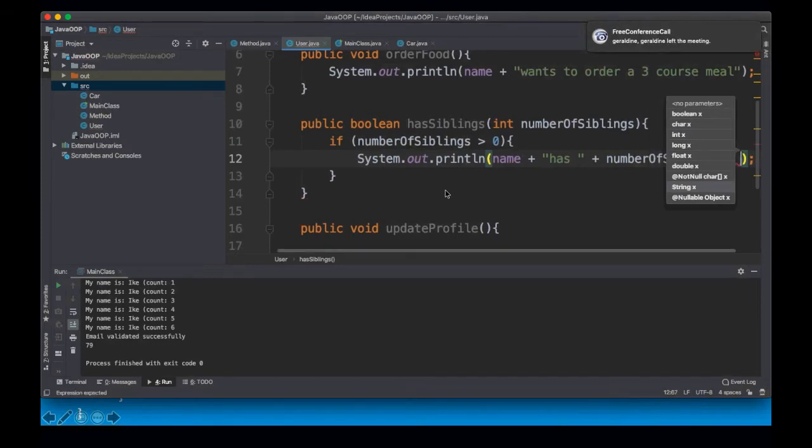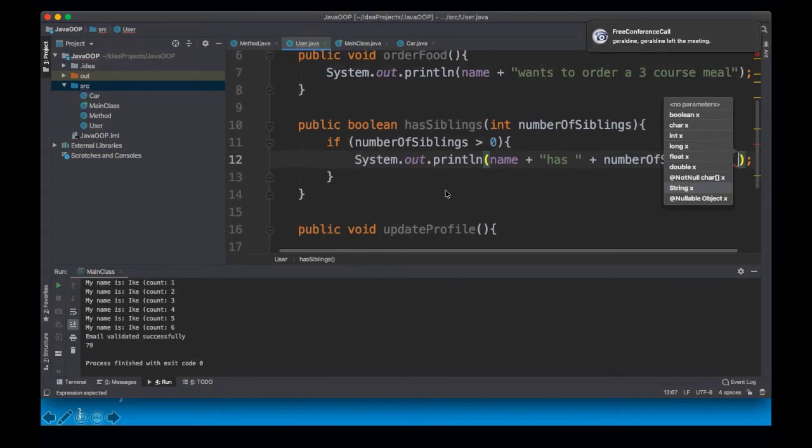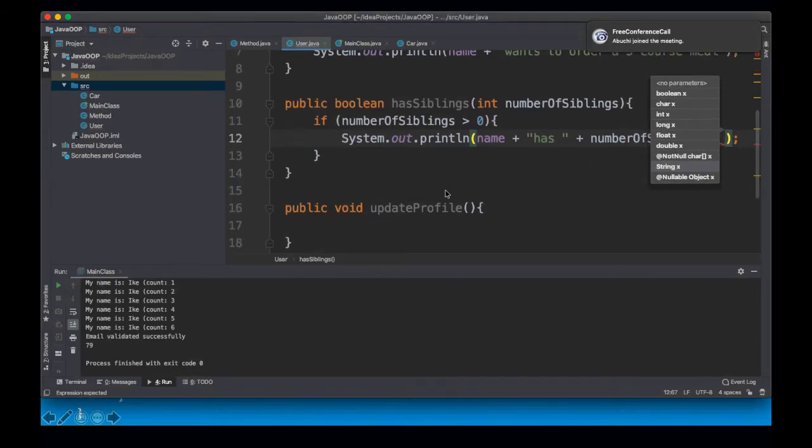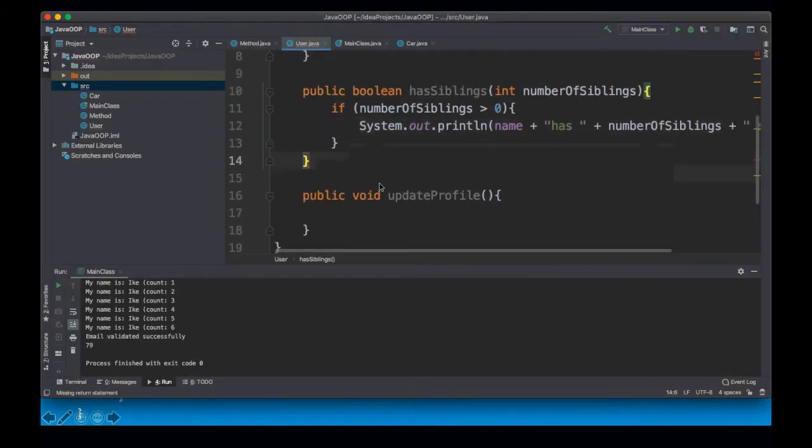So this will basically print out, if the name is John, John has, and the number of siblings is 2, John has 2 siblings,